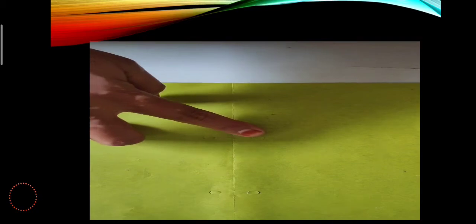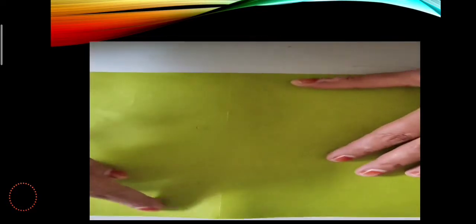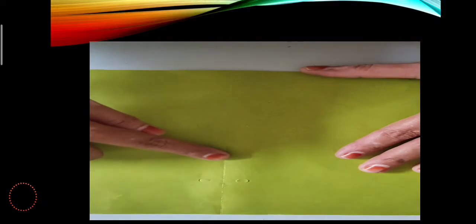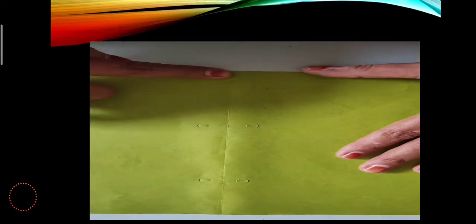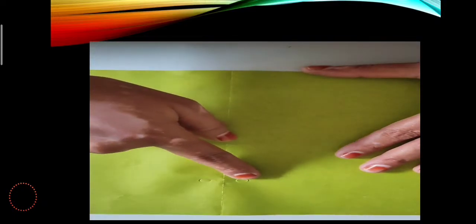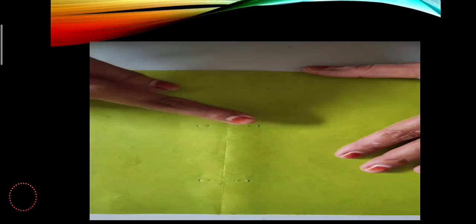Now if this is given to us, let us see, they are exactly at the same distance from the folded ones. This is the folded line, so this is at the same distance, and here also it is at the same distance. So this folded line is actually our axis of symmetry. You could see they are at equidistance, both of them.